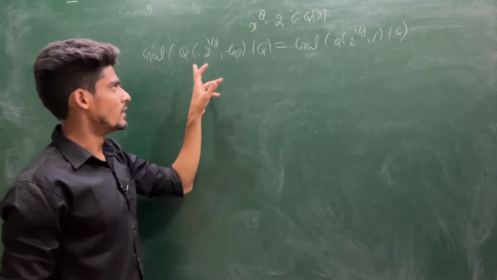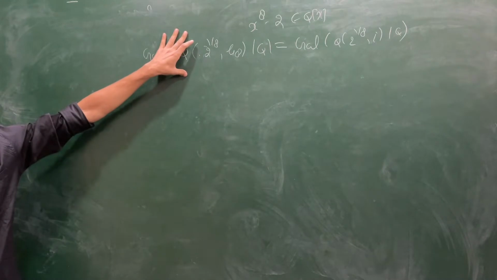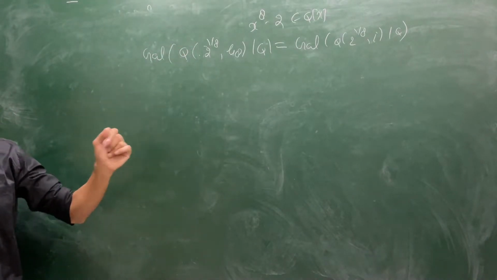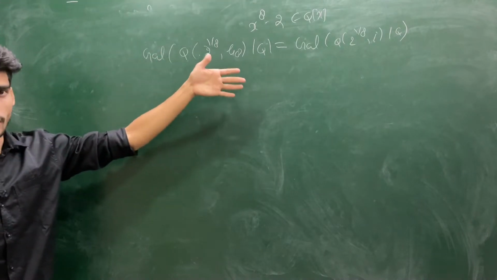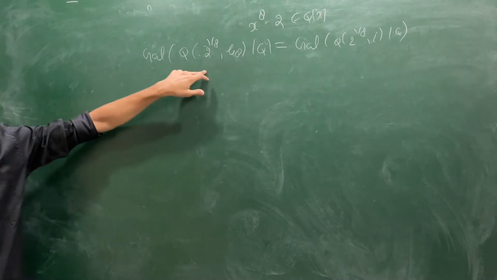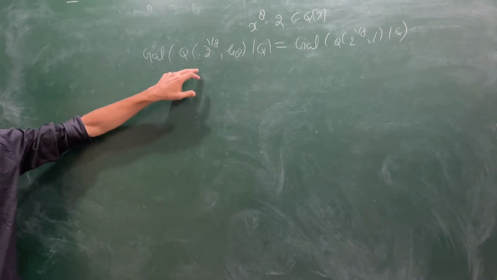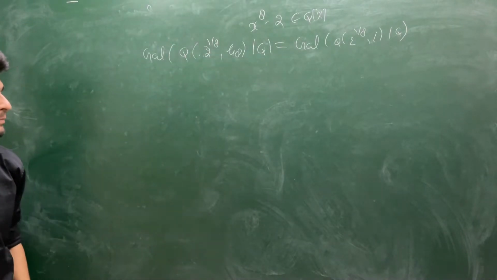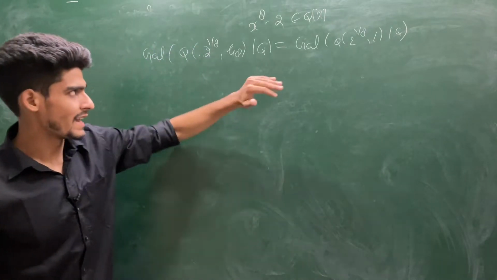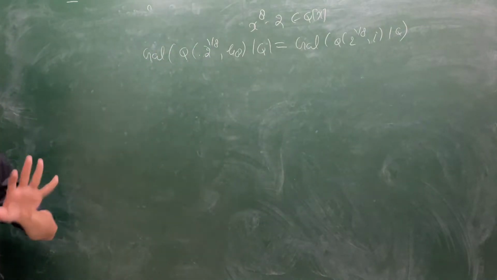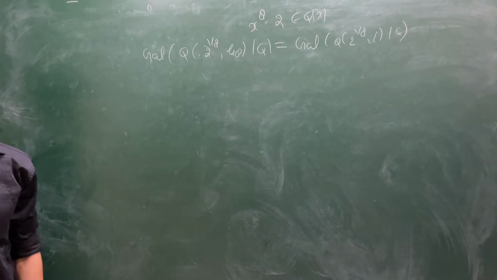That means the number of elements in this Galois group will be 16, but that group is going to be a little complicated when I give you all the possible elements of this group. Then you will see the group is a little complicated. But if you understand this part, then आपको Galois theory के किसी भी extension को find करने में या group को find करने में problem नहीं होगी, provided you are having a finite group.